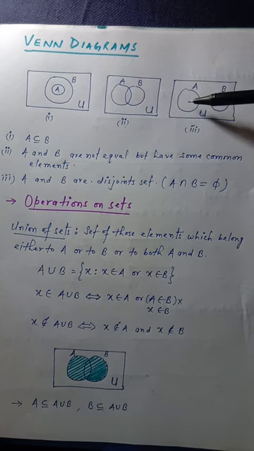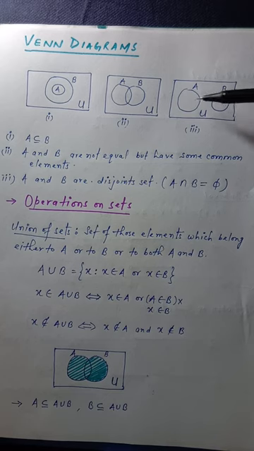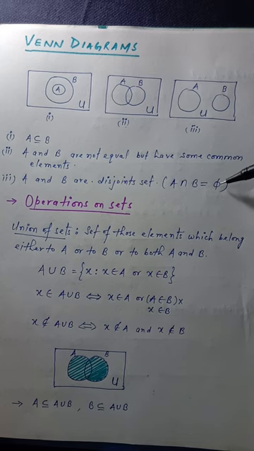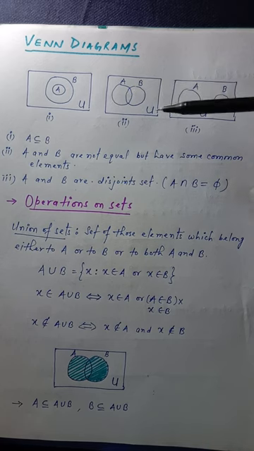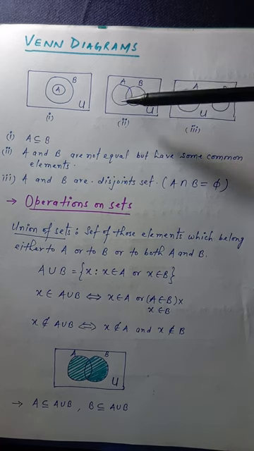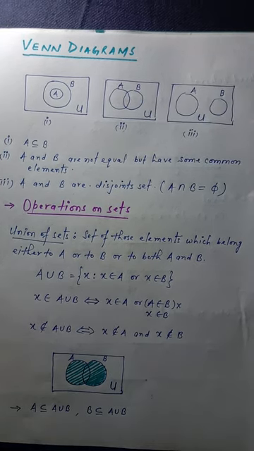Similarly here, when two non-intersecting circles are present inside a universal set, these are an example of disjoint sets. Two sets are disjoint when they have no common elements, or we can say their intersection is phi. So this is the symbol of intersection, and this is phi, which is the null set. Remember always, all the sets which are represented in the form of circles inside a rectangular box are always subsets of U. It means all the sets are actually subsets of U.